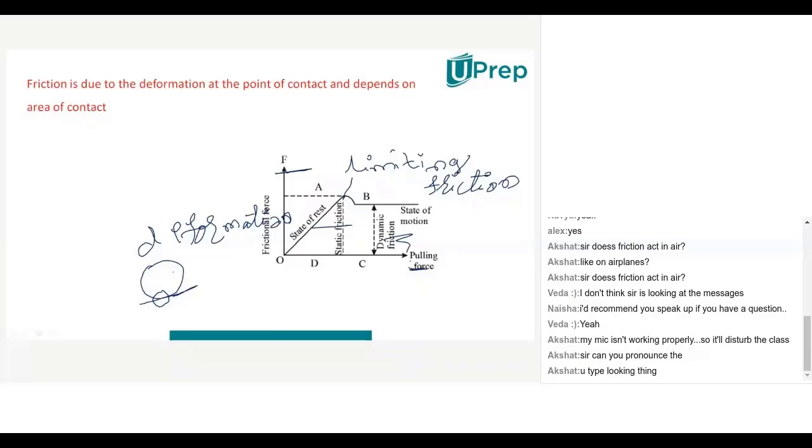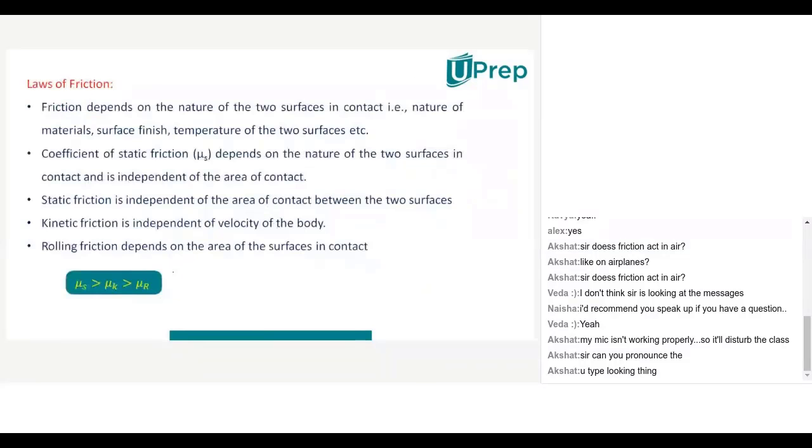And due to that deformation, or else the area of contact, whatever is there, on that what will depend? This frictional force will depend. If the area of contact is less, frictional force will be less. If the area of contact is more, frictional force will be more. Now let us learn about kinetic friction. And to understand kinetic friction,